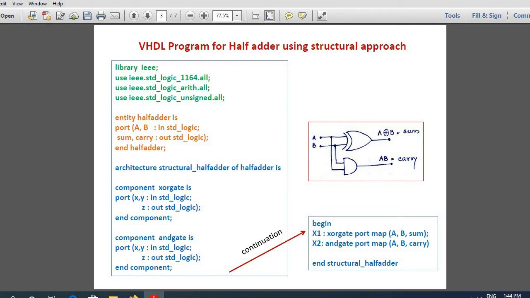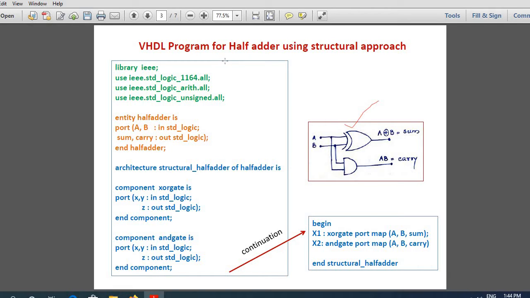Now, first let us look at how we can write the structural model for half adder. I hope you know that this is a circuit for half adder. You have an XOR gate, A XOR B is the sum, and an AND gate, and AB is the carry.